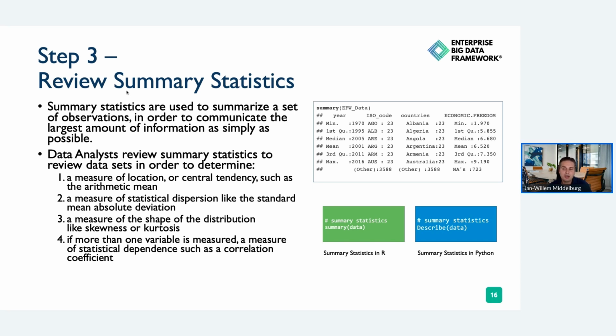So you will see that all values range from 1.97 towards 9.19, with a mean of around 6.5 and a relatively small standard deviation, because the first quartile is at 5.8 and the third quartile at 7.3. So you will see that around 50% of observations is between that 5.8 and that 7.3. So a lot of countries are close together, with some more outlier countries towards the lower end of the spectrum. And that's why this immediately tells you a lot of information around what it is that we're actually looking